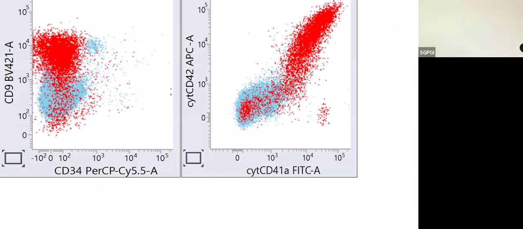But if you see, this is positive for cyto 41 and cyto 42. And these markers are for megakaryocytic markers. And this is also positive for CD9. Fine. So this is then